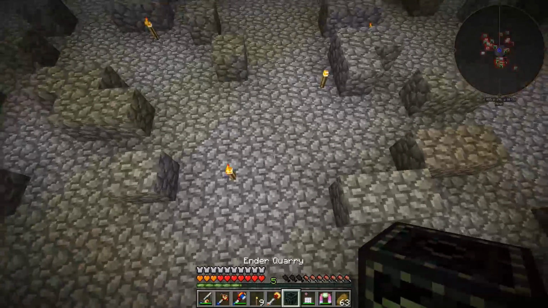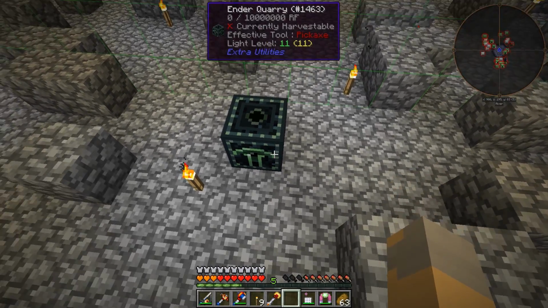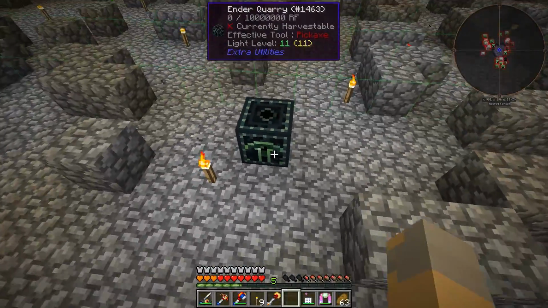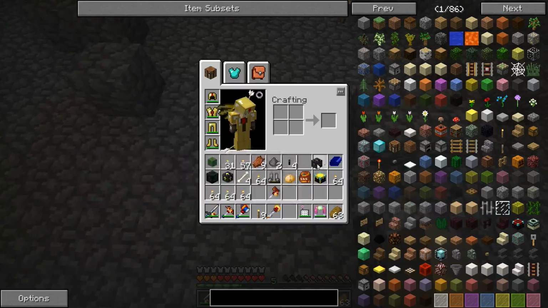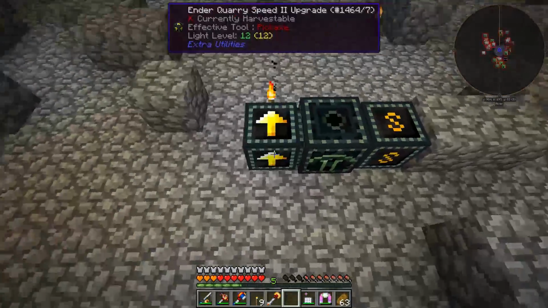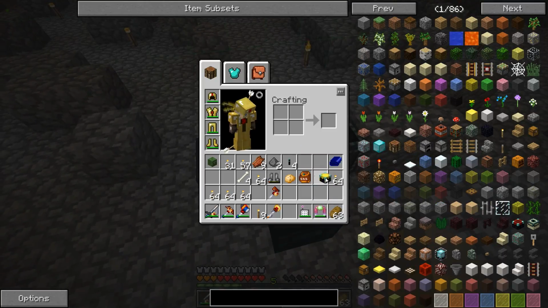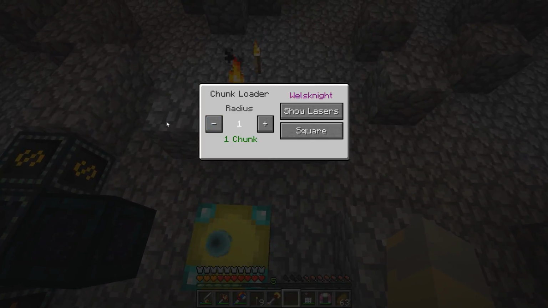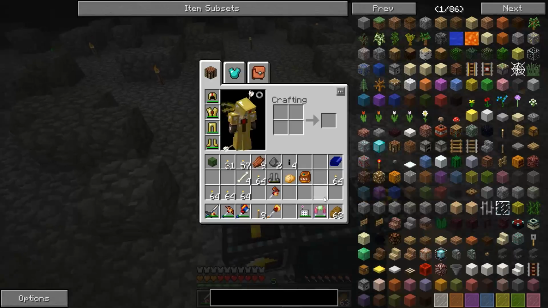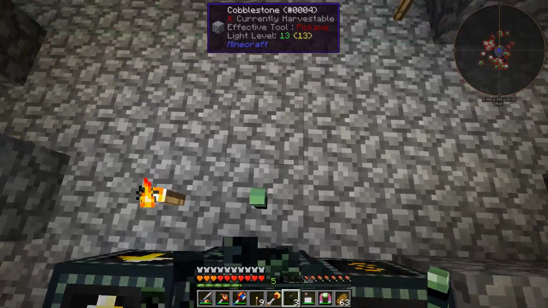So let's put down our ender quarry here. Actually, let's check chunk boundaries. Let's back that up a little bit. Let's put it here. We'll put one upgrade there, tesseract here. That thing should start filling up. I'll put a chunk loader right here. Set to 1 chunk, so it's just this 1 chunk, just to kind of help with lag a little bit. And then we'll go like this, and...